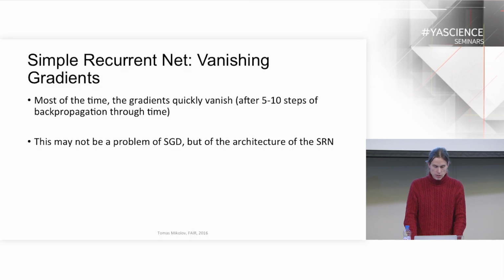Many people did think that this problem of the vanishing gradients is actually a problem of the stochastic gradient descent algorithm, but it seems that pretty much every solution that actually works and is able to find longer memory, like solutions that represent longer memory in recurrent networks, is more on the side of modification of the architecture. So we can still use SGD, and it doesn't seem to be a problem of SGD. It seems to be more that the architecture of the simple recurrent network, of the Elman architecture, doesn't really encourage the network to form the memory.